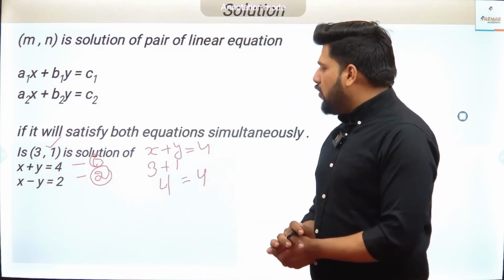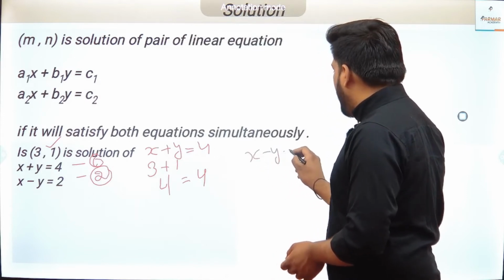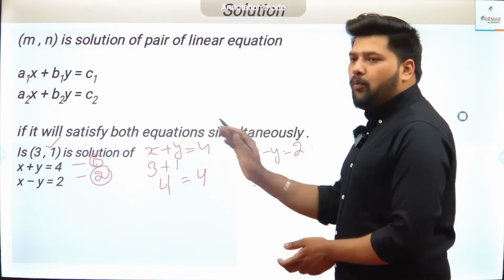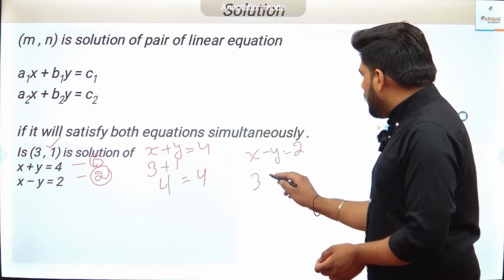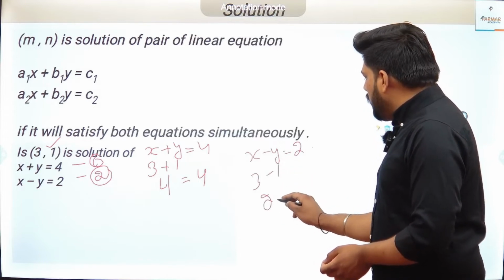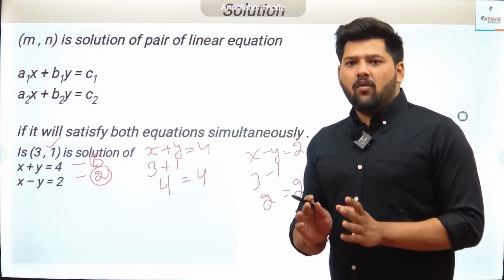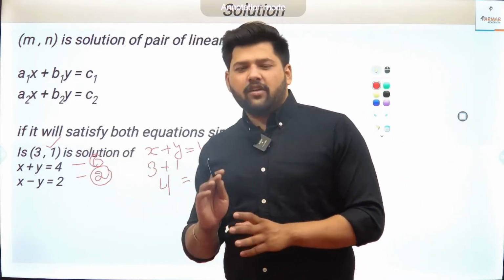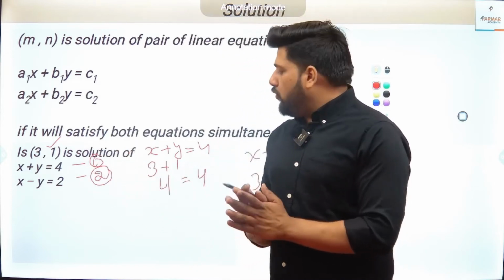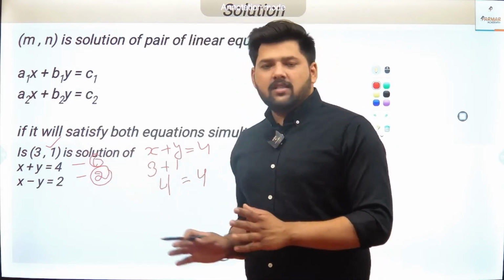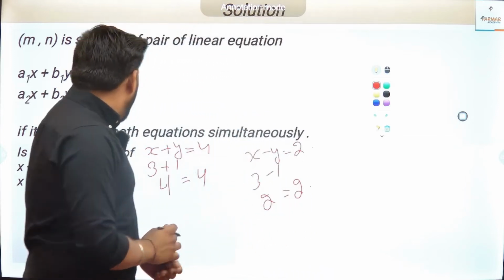Now we will try for the equation number 2. So equation number 2 is x minus y equal to 2 and the point is (3, 1). So try for this. 3 minus 1, that is 2, and this is also equal to right hand side. So that means the point (3, 1) satisfy both the equation number 1 and equation number 2. So it is a solution of both the equations. So we will say that (3, 1) is the solution of the pair of linear equation in two variable. The next example is